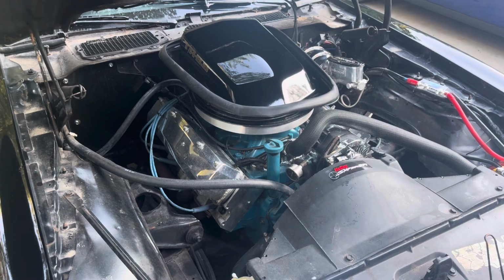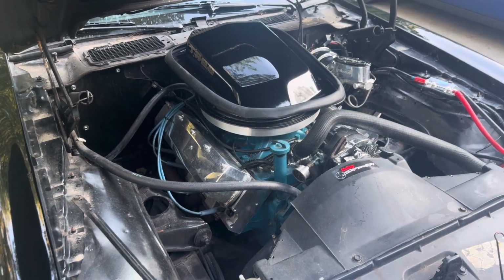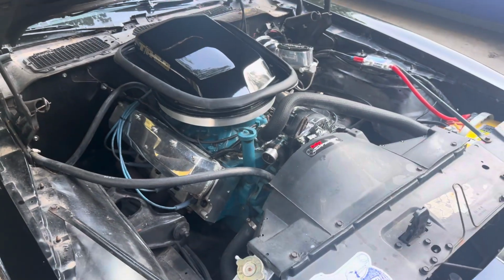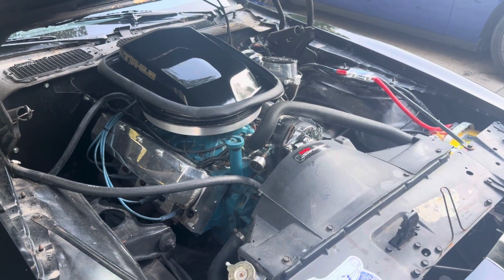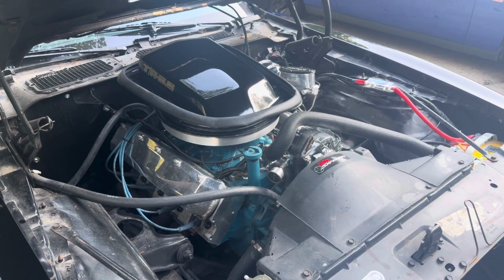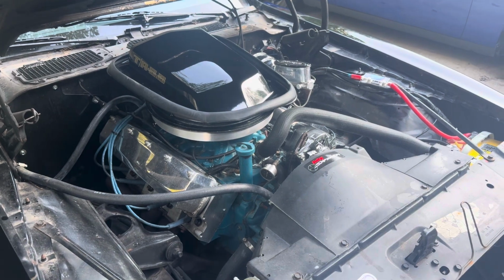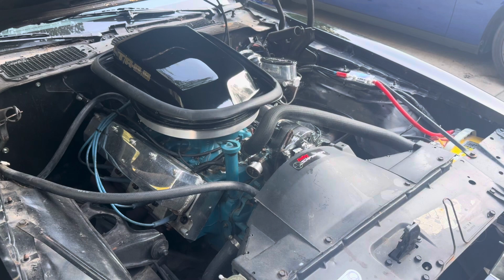And that's the main thing when you're building a car, and I've learned this the hard way many a time. You think I'd have learned by now. You need to really decide what motor you're going to run and what motor you're going to keep, no matter what you go through, no matter what issues you run into. So now here I'm at this crossroads. Do I keep this engine, or do I do what I was going to do to start with,